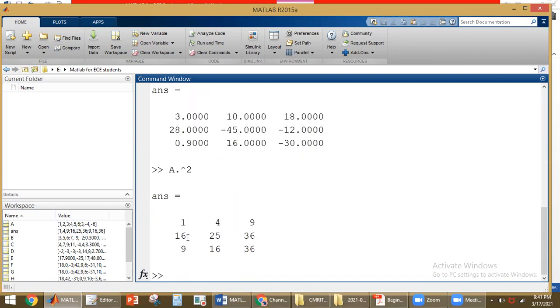Like this, each and every element of A will be squared by using the dot operator. If you don't use dot, it will just perform the square of a matrix. If you use dot, it will square each and every element of the matrix separately. These are the operations that can be performed on matrices and vectors.